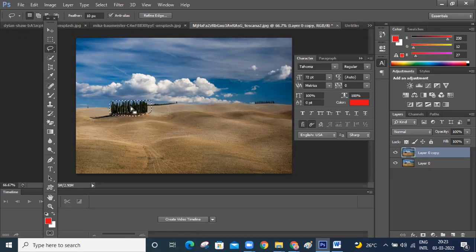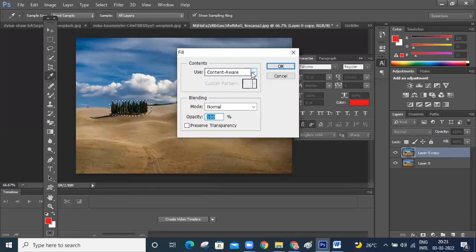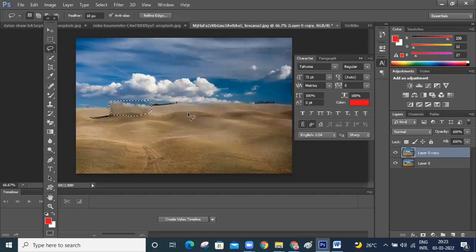What I'll do, just right click here, see carefully, and here content aware is there. Just click on content aware, click on OK. See, without disturbing the background, it got deleted. Right? Okay. The beauty of content aware tool.